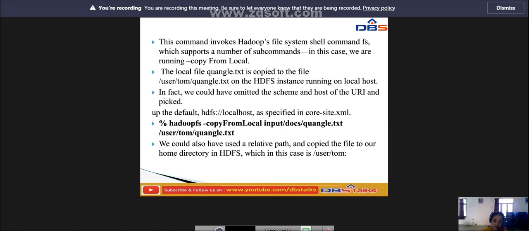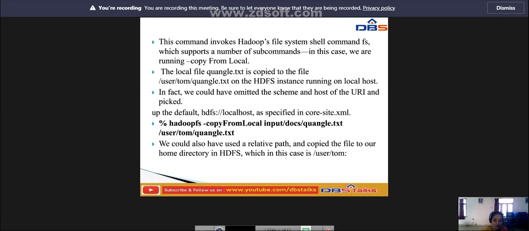So for that I am giving the command: percent hadoop fs -copyFromLocal input/docs/quangle.txt /user/tom/quangle.txt. This is another command to copy the data. First I am running it, after that I am copying from the local location.